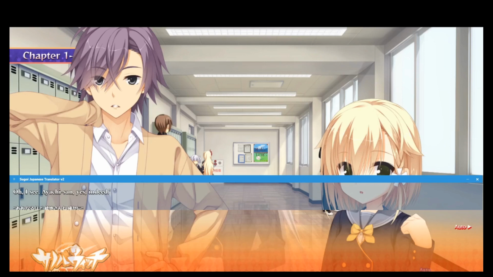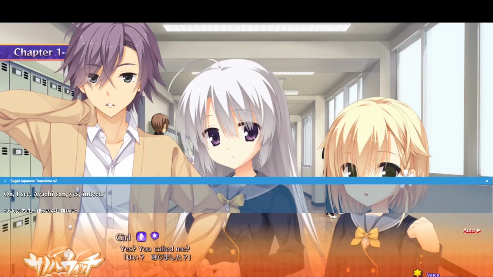Just for reference, the blue box is the machine translation box for Sugoi Translator and DeepL, while the bottom is going to have the original Japanese text as well as the official translation by Nekonyan. I'm going to provide light commentary based on the basic Japanese that I know, but I'll try to keep it as little as possible so you guys can make up your own opinions.